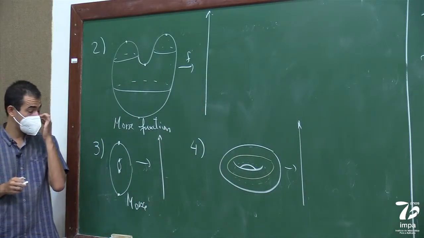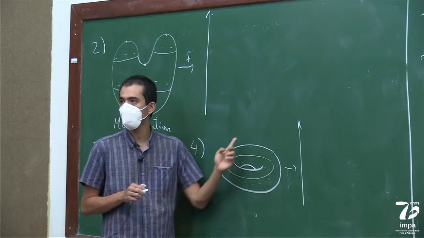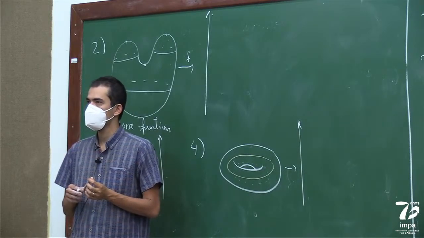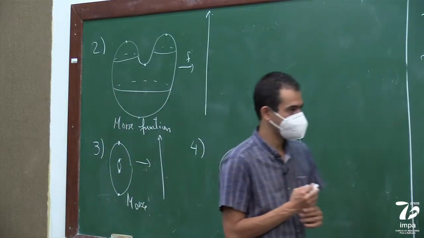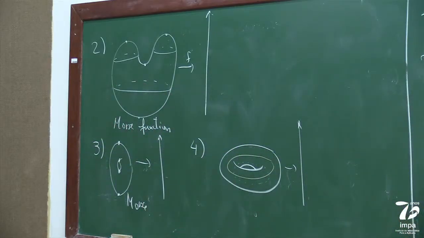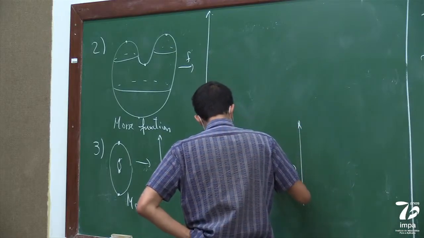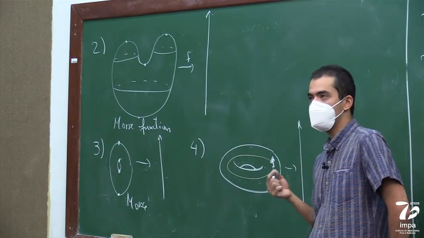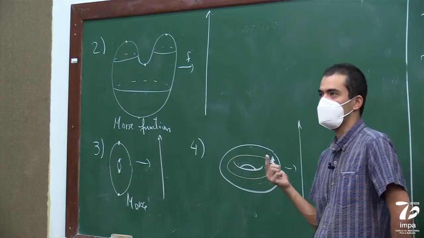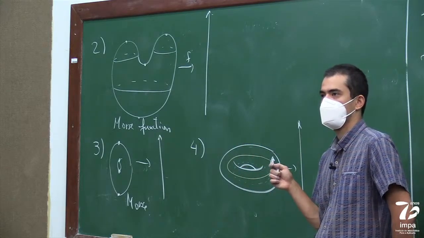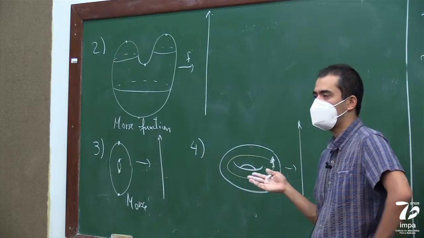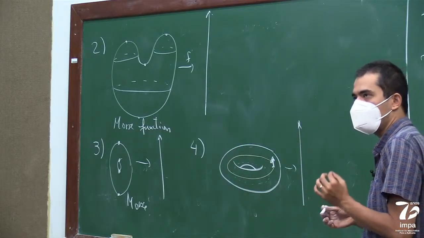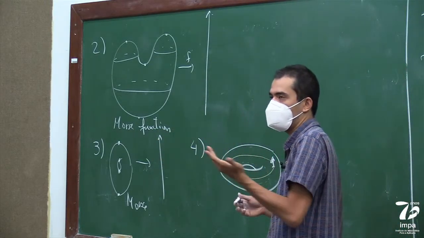So you see, if the critical point comes in a submanifold like that, then there's no way the Hessian can be non-singular. Because if you take a point here, in this direction, the derivative is always 0. So then the second derivative is going to be 0 too in that direction. Right? So basically, if you have a non-degenerate critical point, then it cannot be part of a submanifold of dimension bigger than 0.